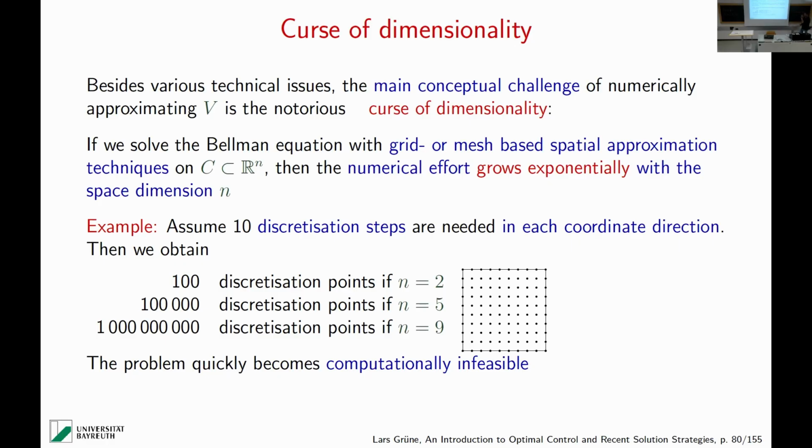I did stuff like this many years ago in my PhD thesis, and I managed to solve 5-dimensional problems, say, with okay accuracy. If you look at the literature today, there's quite some progress in hardware and software. So people can nowadays get to 7 or 8 dimensions. And my thesis is 35 years ago. So this really means that in 35 years, with all the progress in computer technology that we had, we were able to get from 5 to 9 dimensions. And this is not with high accuracy. So there is really a problem. These grid-based or mesh-based methods really don't work in high dimensions.